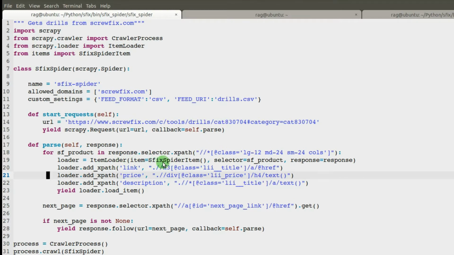So you tell it item equals the class name from items. You tell it selector, so that's the product within the for loop. Response equals response, which comes from parse, which comes from here to start with. loader.add_xpath, so the link, we want all the H3s. This is unique to the Screwfix website, obviously, and then we pick out the href, which is the xpath, close square brackets, then